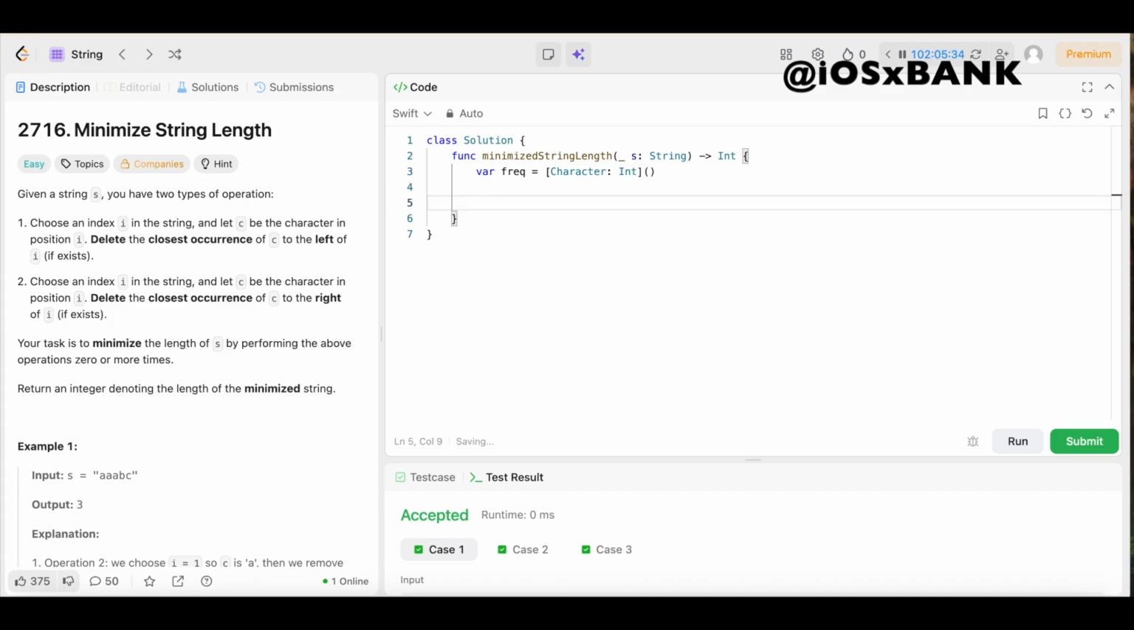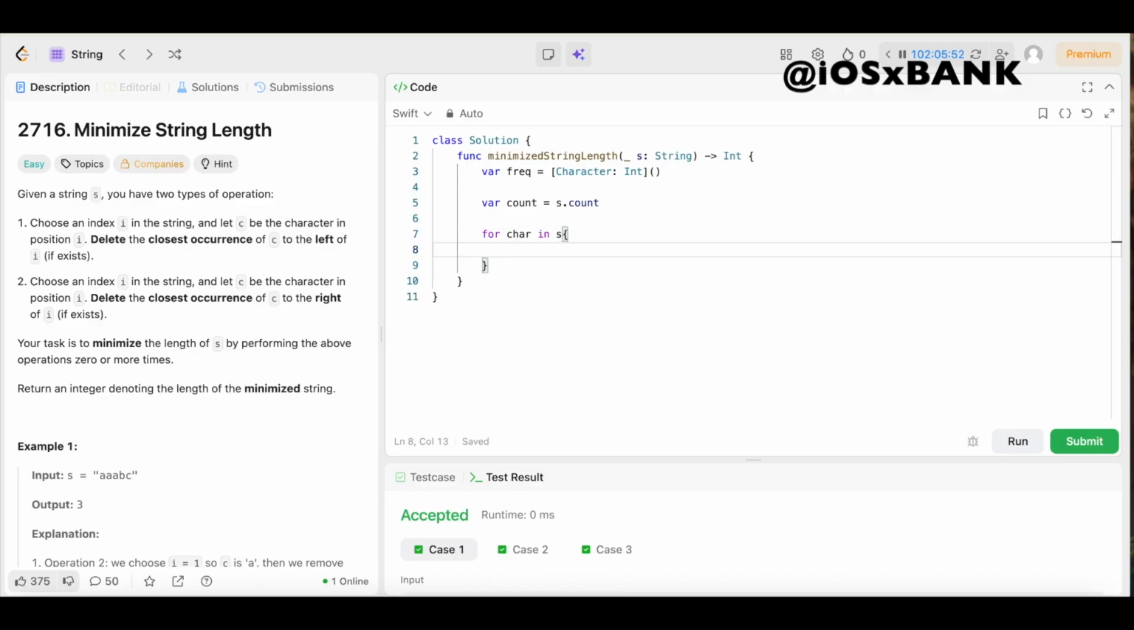Then we're going to start with the total length of the string, and we will reduce this count whenever we encounter duplicate characters. So we're just going to declare a variable called count and set that equal to s.count. Boom. Now we're going to iterate through every character in the string by saying for char in s. We're going to open up the brackets, and we're going to increase the frequency of the current character. If the character does not exist in the dictionary, then it defaults to 0 before incrementing. So we handle that by saying freq[char, default: 0]